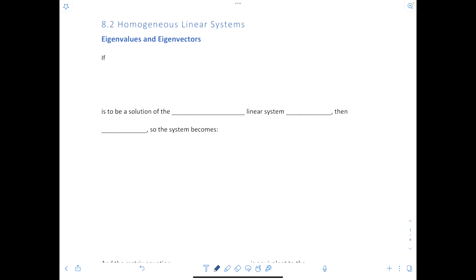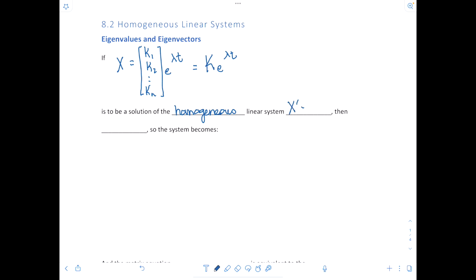So here we go. If capital X, and all of these capital letters are matrices or column vectors, is equal to K1, K2, all the way down to K sub n, times e to the lambda t, equal to capital K e to the lambda t, is to be a solution of the homogeneous linear system capital X prime equals capital A times X, then capital X prime is equal to K lambda e to